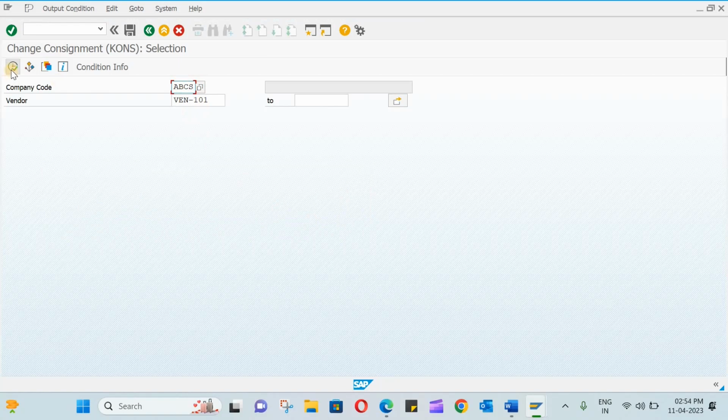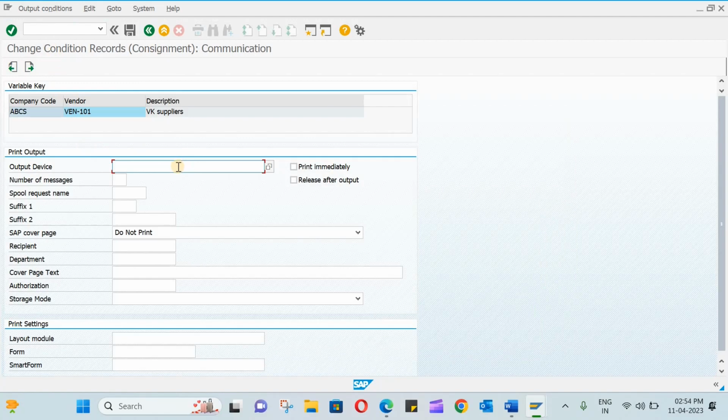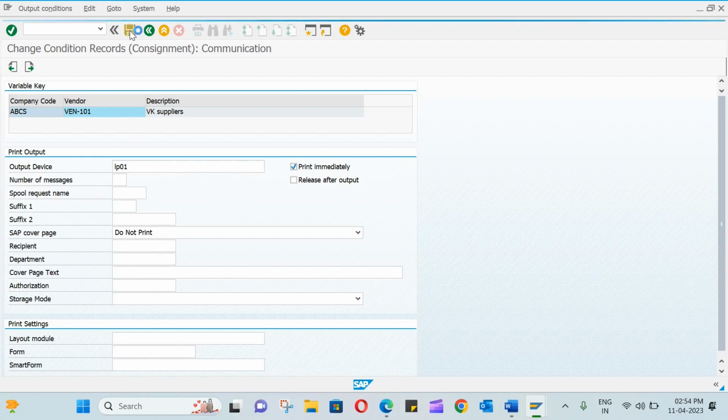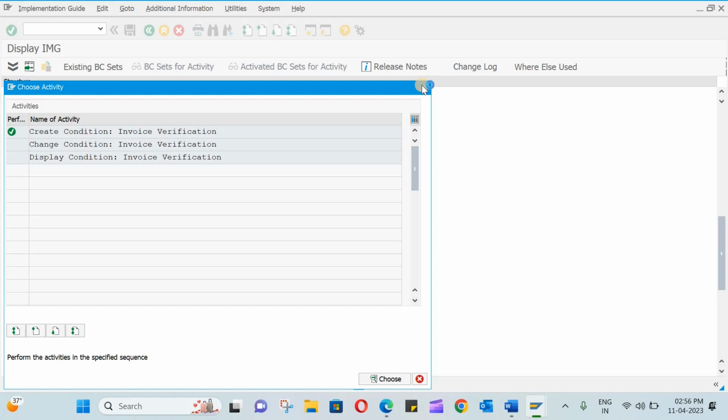And then you have to execute this. So maintain the record. So enter the vendor name. Okay, and then if you possible, if you click on the communication, you can give this communication as output device LP01, print immediately, then save this. Now you can close,